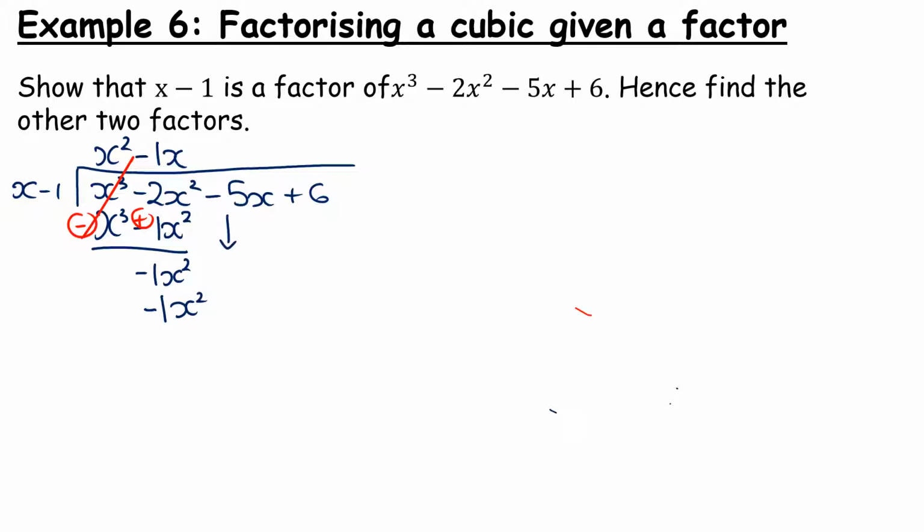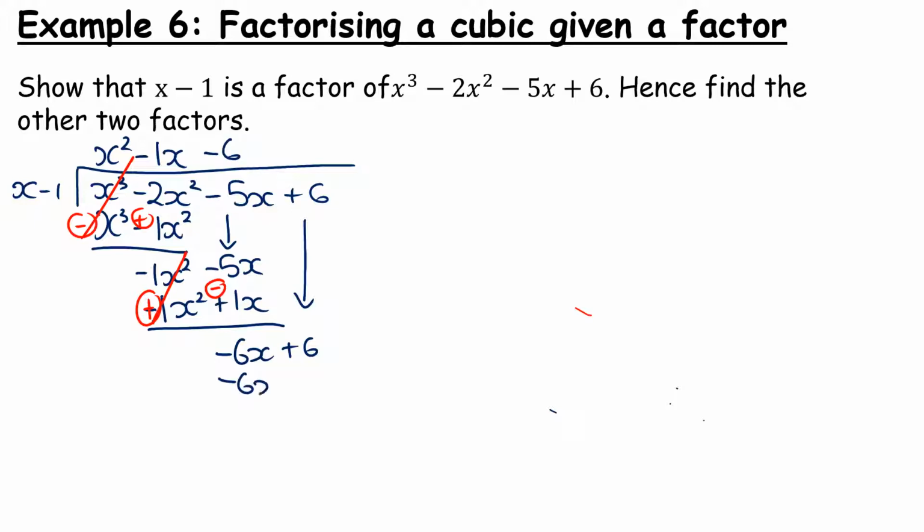Bring down the minus 5x. We get plus 1x, and we subtract. So the x squared terms cancel, and we get minus 6x. Bring down your plus 6. And this goes in minus 6 times, giving minus 6x plus 6, and then we come along and we subtract. So that leaves me with 0,